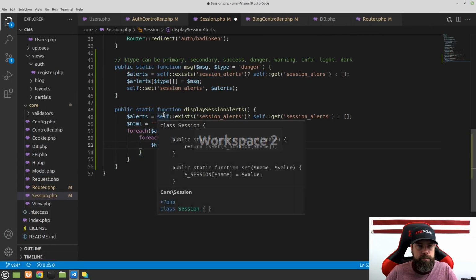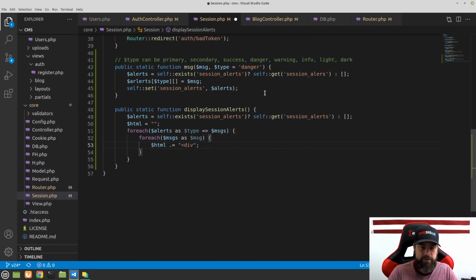Okay, so in here what we're going to do is add a div, and this is going to have a class equal to, and I'm going to use single quotes here just because we're inside double quotes. So this is going to be a class called alert, and it's going to have an alert dismissible like this, and then it'll have alert dash, and then right here is where we're going to put our type. So we can use a string literal here, so do the curly brackets, and we're going to put in our type. And then outside of that single quote, go ahead and close the div,